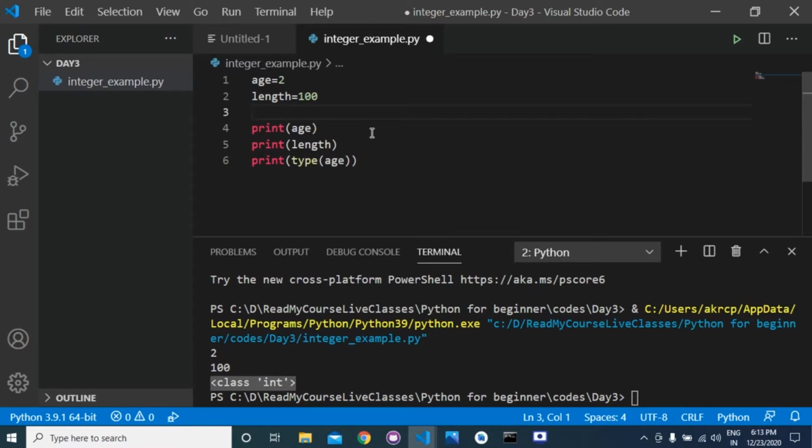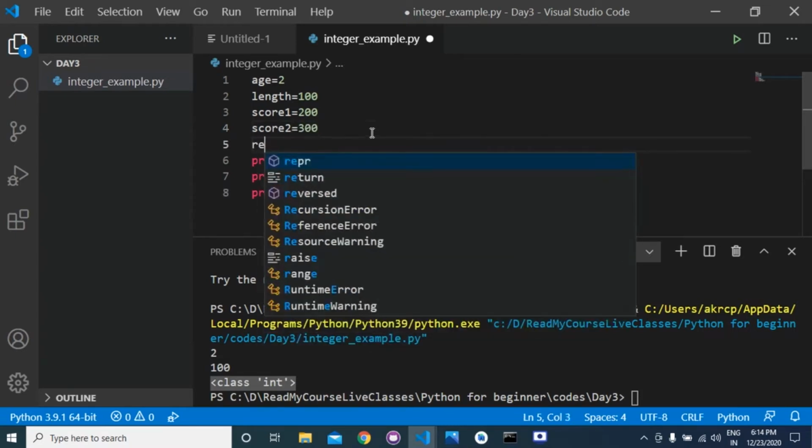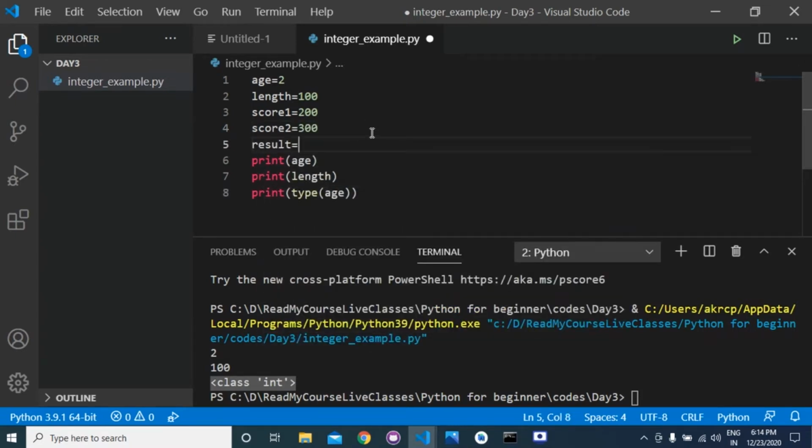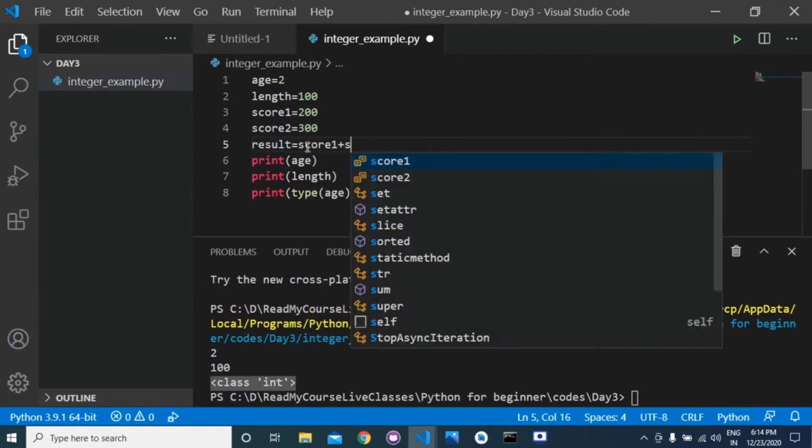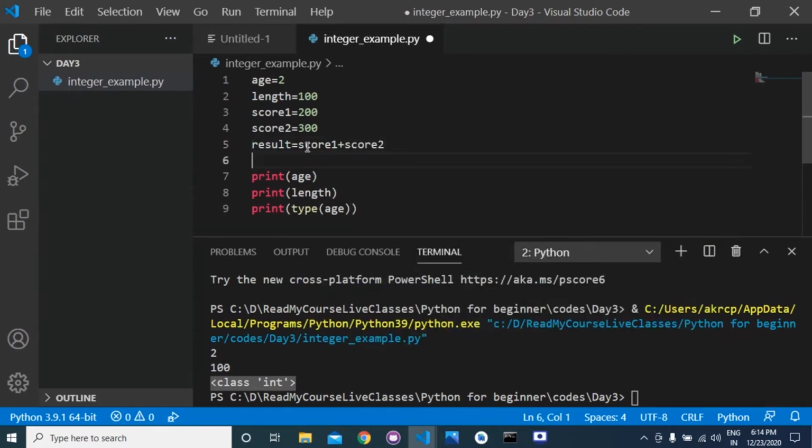So suppose that we have score1 is equal to 200, and then we have score2 is equal to 300, and if we want to combine these two scores and store the value into a result variable, then you can use score1 plus score2.